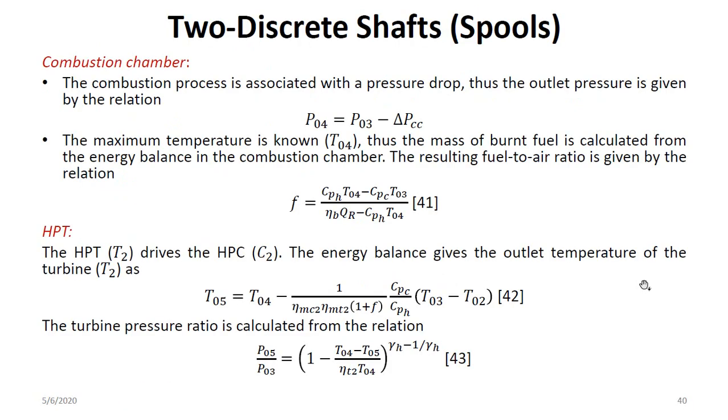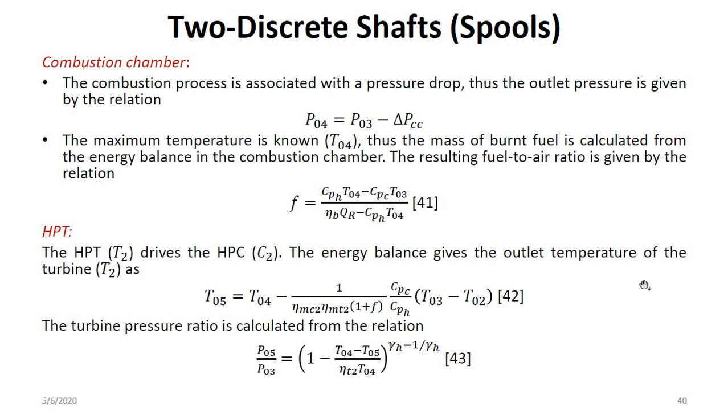And in the combustion chamber, there will be some pressure drop, and this is taken care of by this equation. And the fuel air ratio in the combustion chamber will be given by equation 41. And the exit temperature to the second turbine will be given by this equation. So here these efficiencies, MC is the mechanical efficiency, MC2 is the mechanical efficiency of the second compressor,